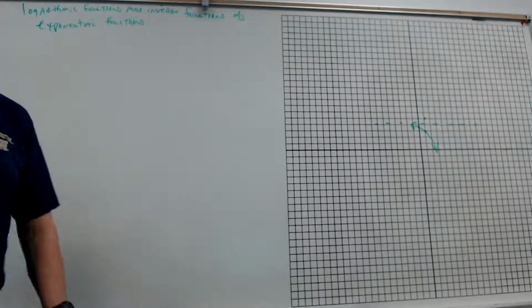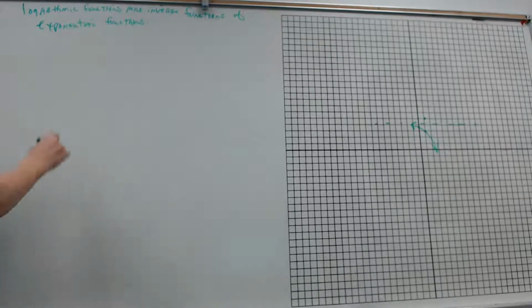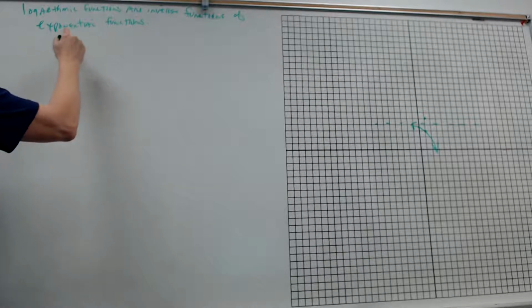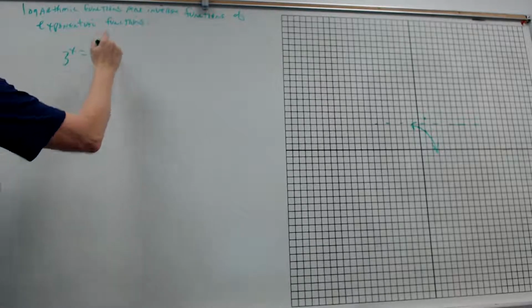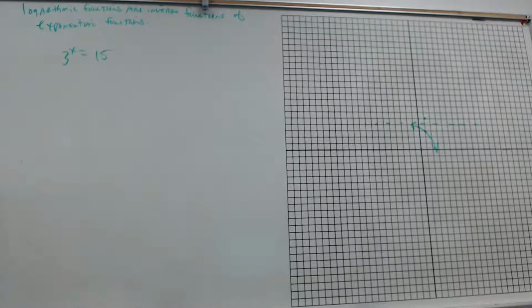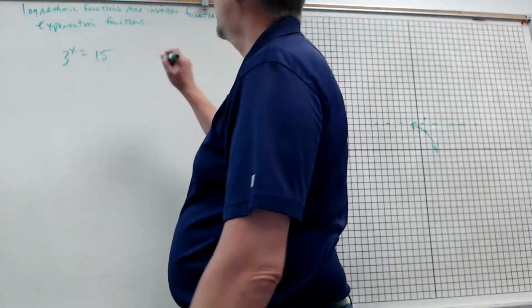Okay? So for example, if I had 3 to the x equals 15, that would be a really hard problem for you to solve right now, right? 3 to what power equals 15? You could do a lot of trial and error on your calculator until you got really close to 15, right? So how you would write that in a logarithmic notation